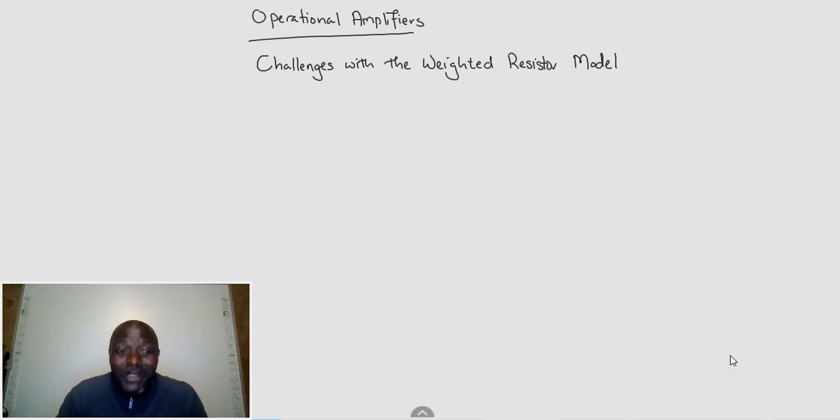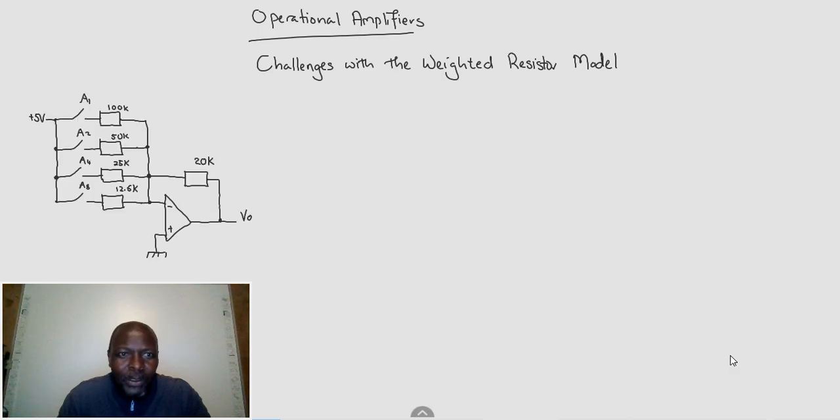Now let's deal with our very long session today. Previously we looked at the weighted resistor model. The weighted resistor model is basically, we might not have called it that, but this weighted resistor one, as we see, each resistor with this value,